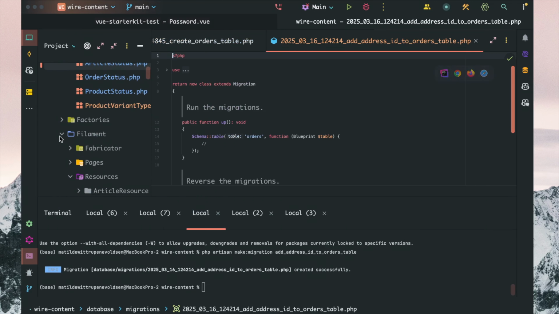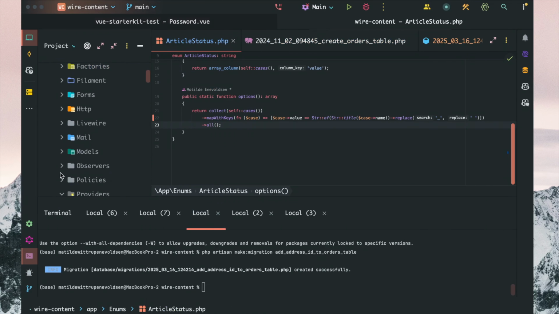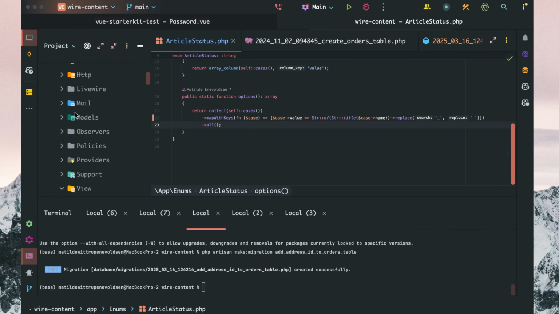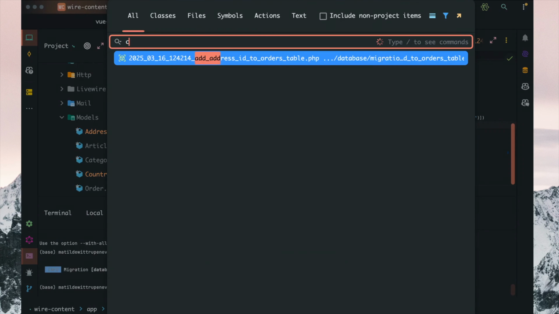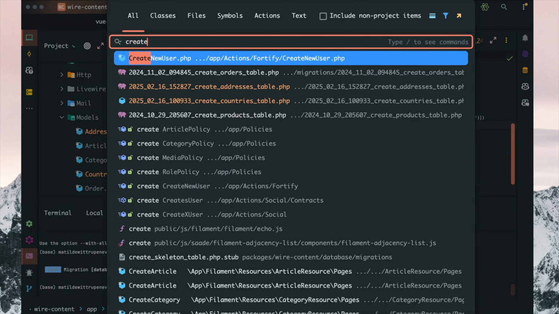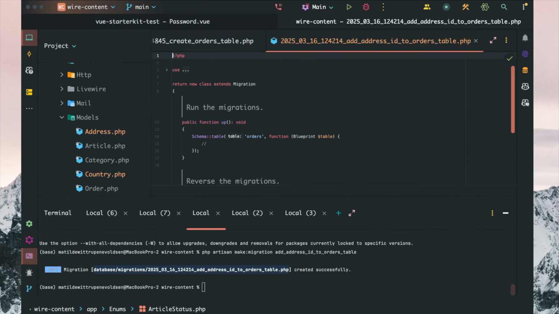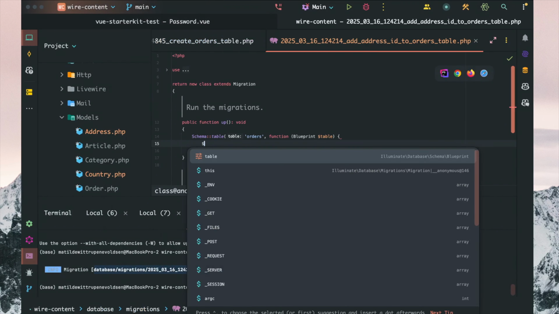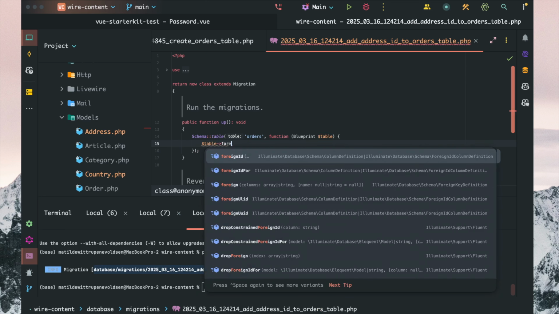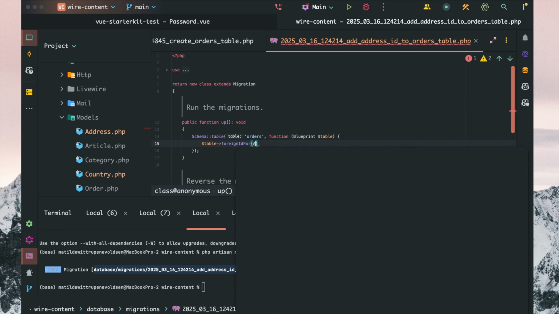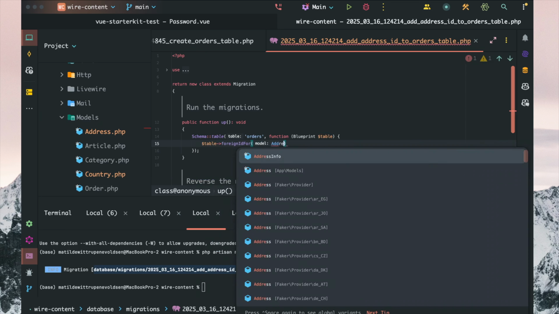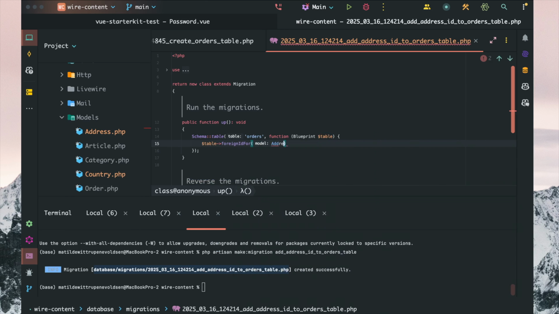Because we created this model recently called address, we can essentially use that relationship now. So let's just open this one up. Then in here we just say table for an ID for address